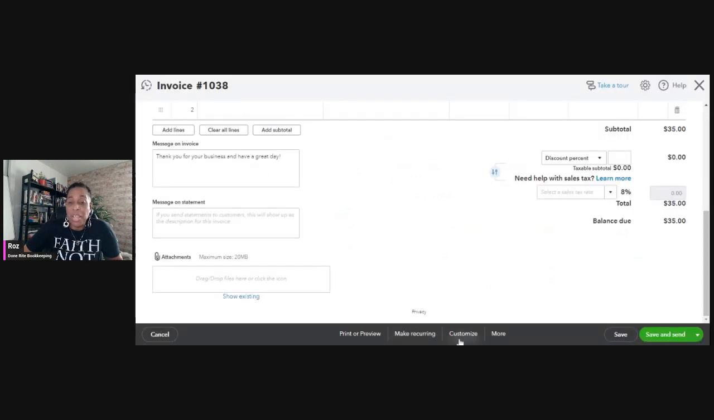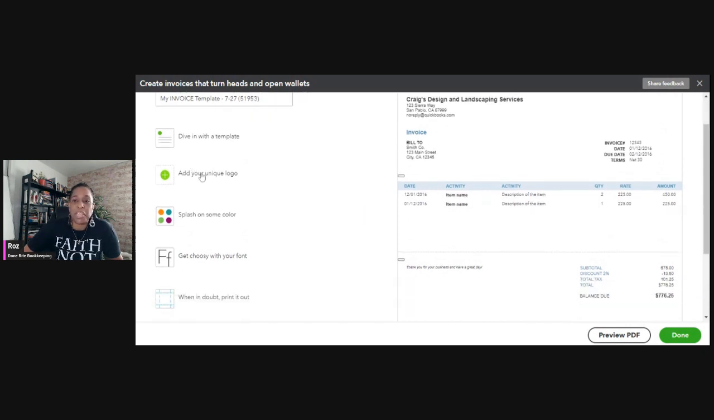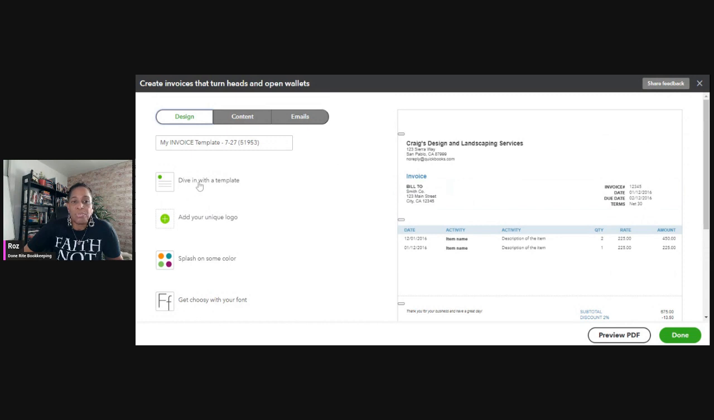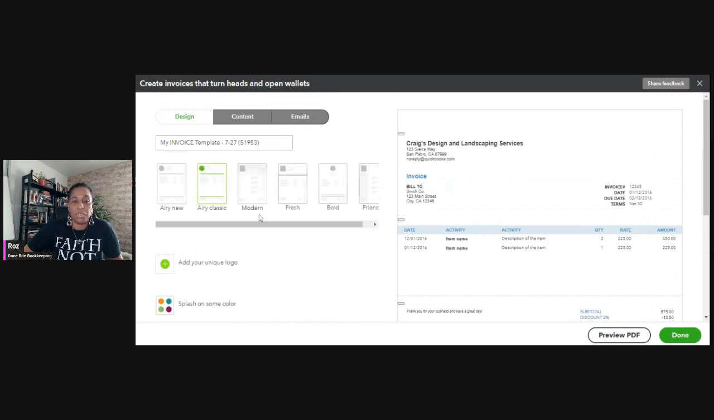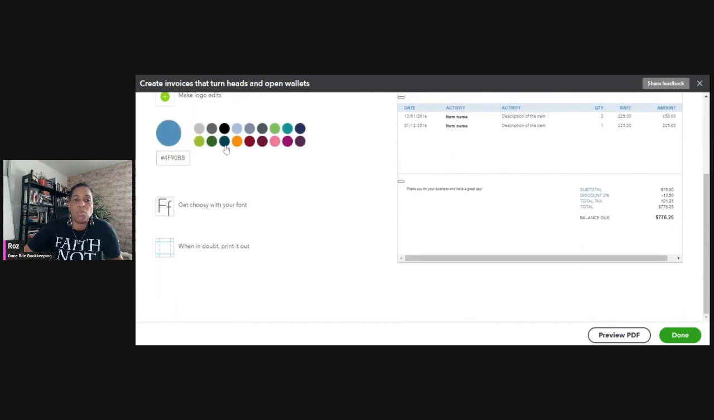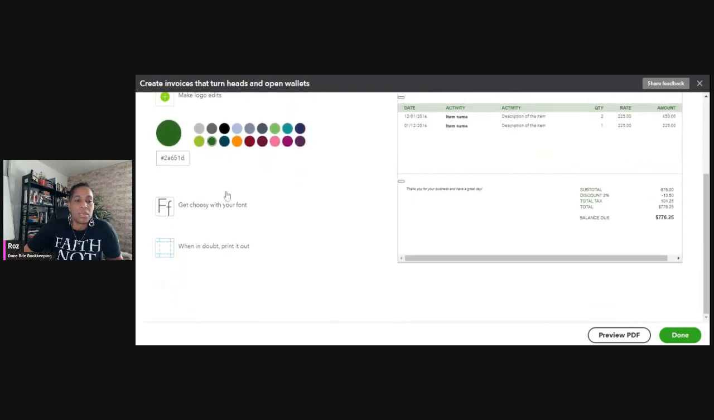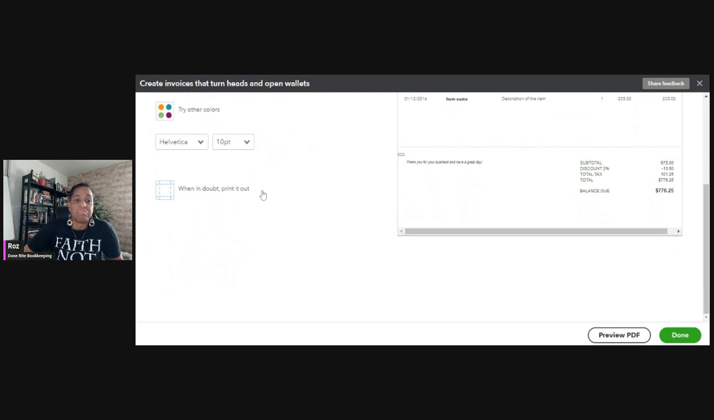I can make it recurring. I can customize it. Let's say I wanted a new style, I don't want it to be standard. I can create a new style. So it gives me some options over here. I can add in the logo, dive in with a template. Let's see, it gives you a couple of different templates that you can choose from. You can add your logo, the color scheme of this invoice, whatever it may be, the font,